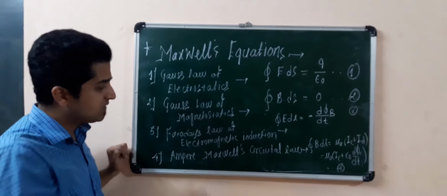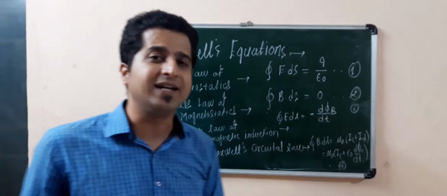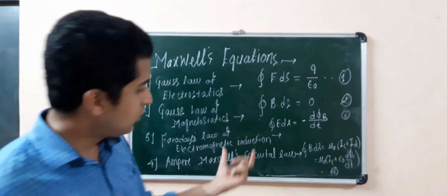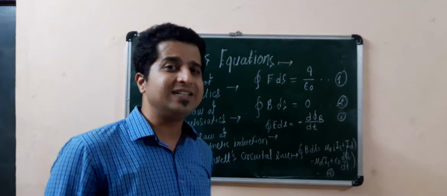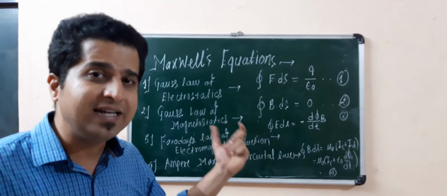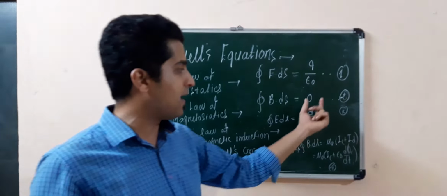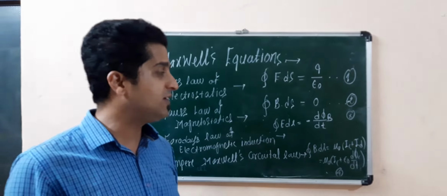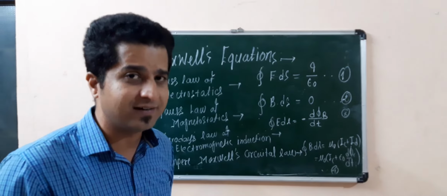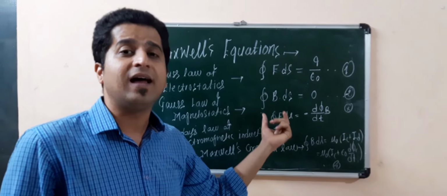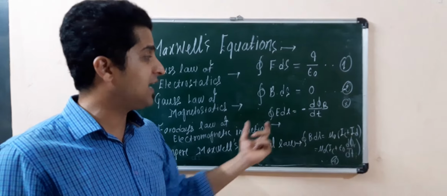The third equation is based on Faraday's law of electromagnetic induction. So what is Faraday's law? Due to the change in the magnetic flux, what is getting induced in the circuit? EMF. When we change the magnetic flux, due to that change, EMF is getting induced in that circuit, and the directions of the changing magnetic flux and the induced EMF are opposite to each